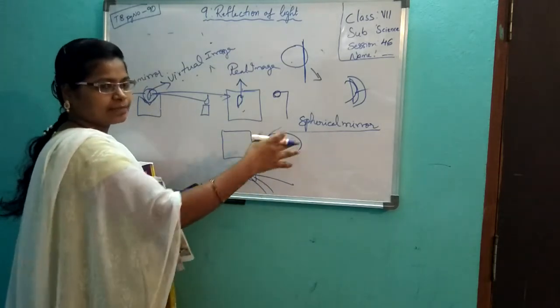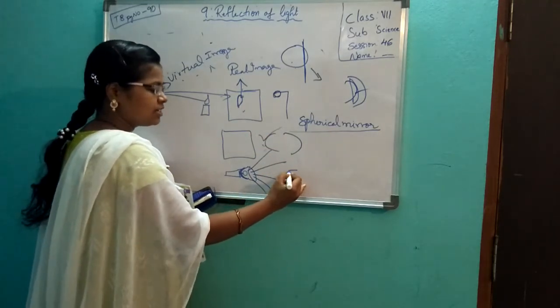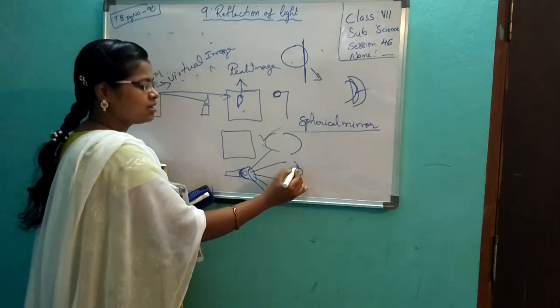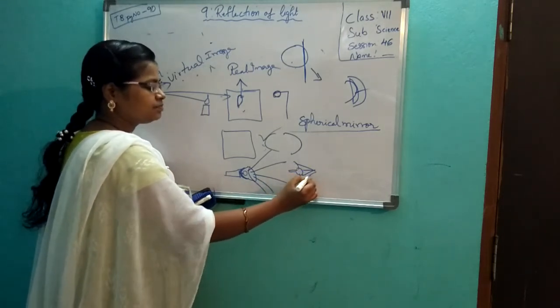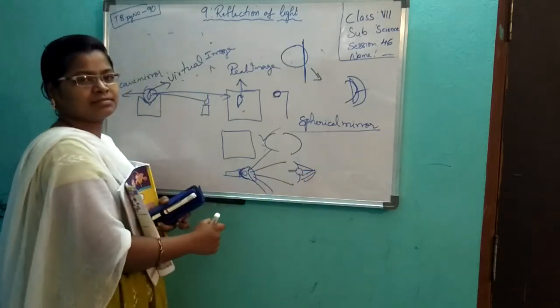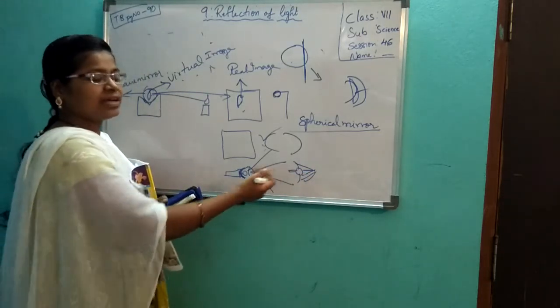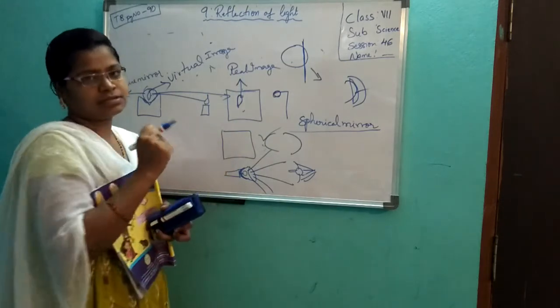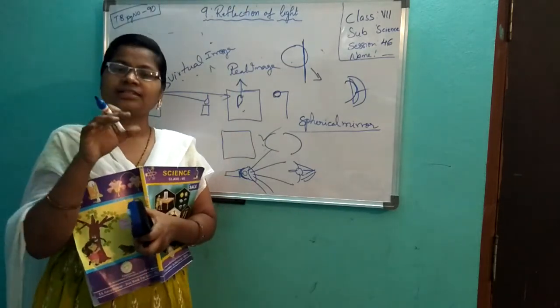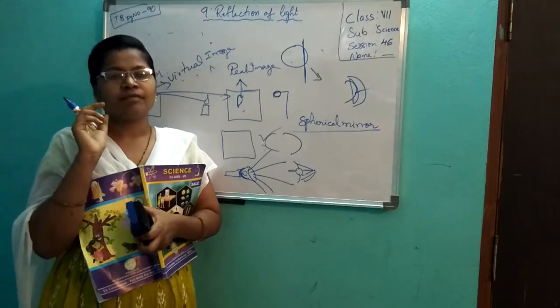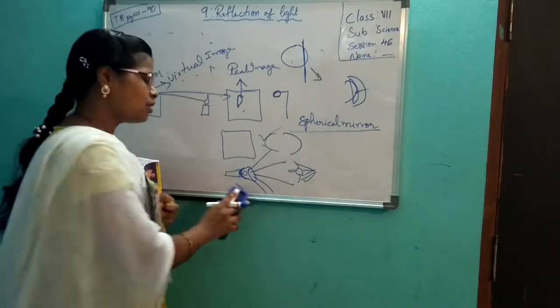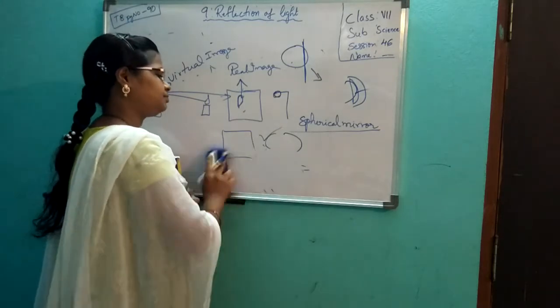It will spread nicely. If the light is like this, and if you have a concave mirror like this, all will come like this. Reflections will be like this. There is no use of that reflection. So in torch lights and in vehicles, we are having lights now. In those lights you will have concave mirrors. Vehicle lights and torch lights will have concave mirrors.